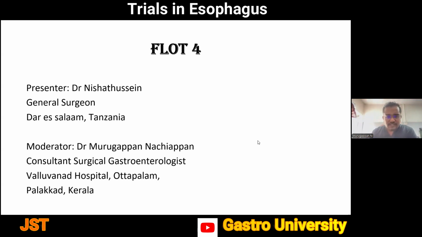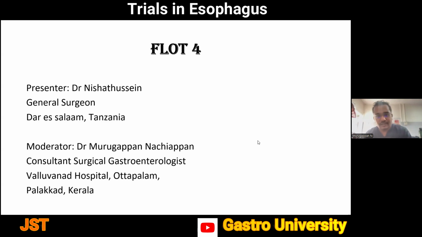So the four studies we'll be discussing today are based on these two landmark trials. First of which is the FLOT4, which took forward the idea of MAGIC and used perioperative chemotherapy, which is a taxane-based perioperative chemotherapy based on the response of taxane in the adjuvant setting in advanced disease. And this we'll follow up with the new AIIMS trial, which looked at which is the optimal adjuvant therapy, that is whether it is the chemoradiotherapy